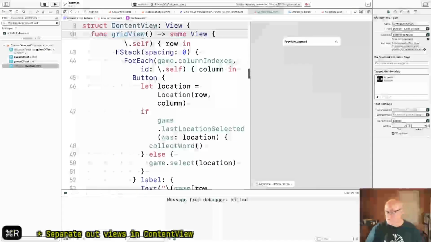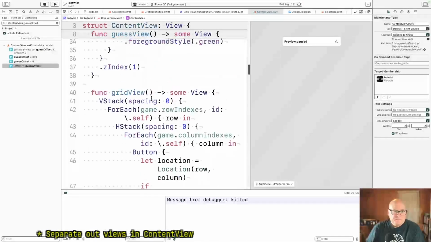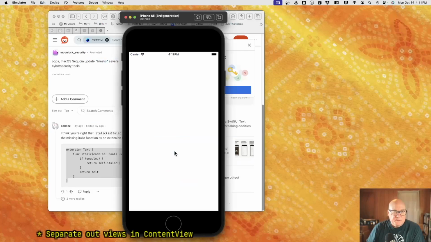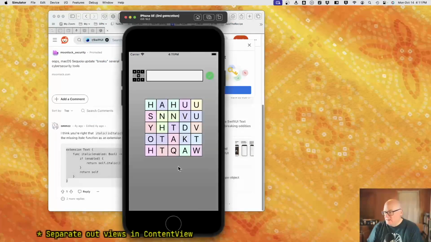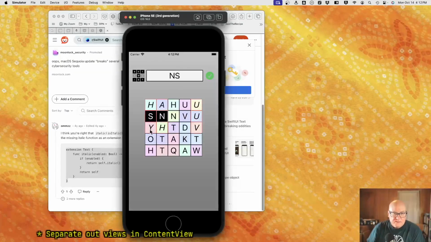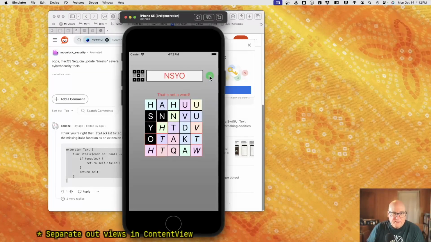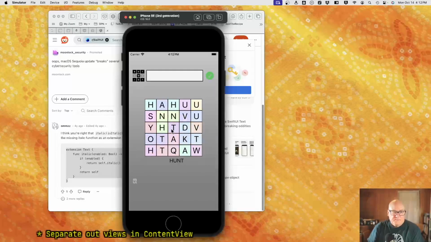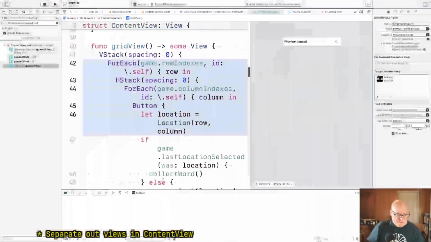Okay, we'll just make sure that's doing this. I also wonder about this. Notice we use that row and column just to get the, yeah. Okay, so the views are there. I guess if I do something that doesn't make a word, you're going to complain. Okay. And if I submit a word, H-U-N-T. Okay, that all seems like it's all where it should be. So,